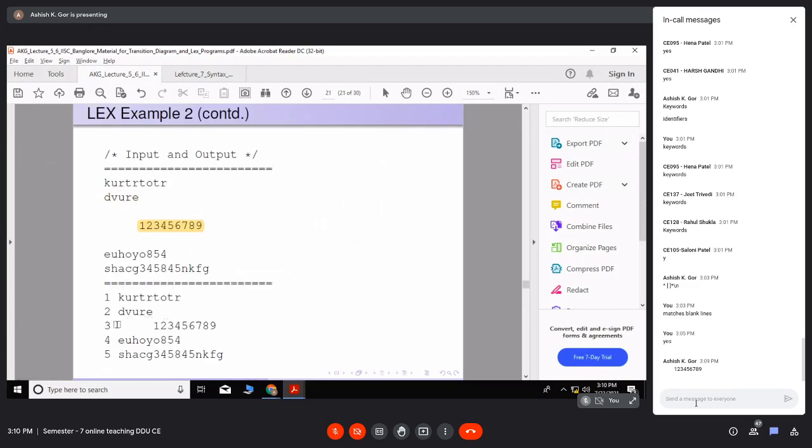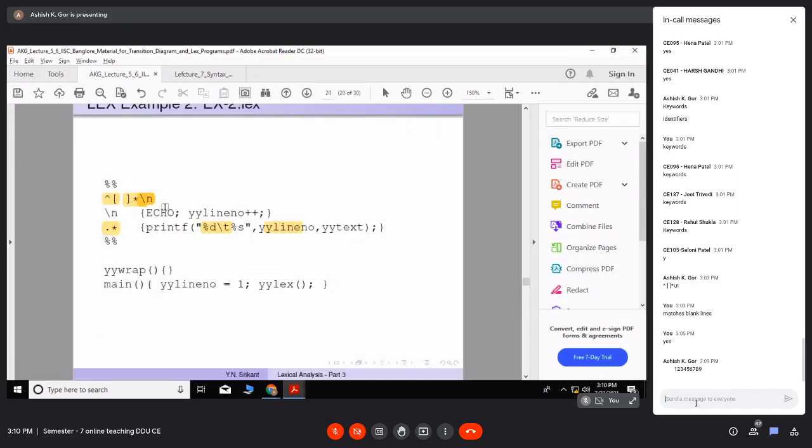So are you getting this? Even though it is a sequence of spaces, it will not match with the first pattern, because for the first pattern there should be slash n at the end. Before slash n there is nothing, but here I have 1 to 9, so it will not match with the first. It will try to match with the longest one. Which one is the longest? It is not the first one. The blanks will be matched, but the longest match will be dot star.